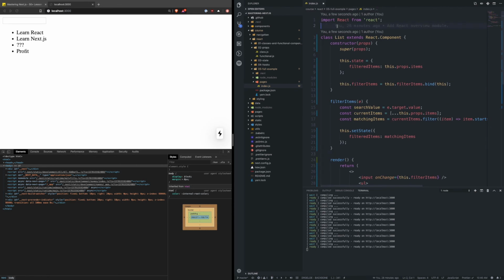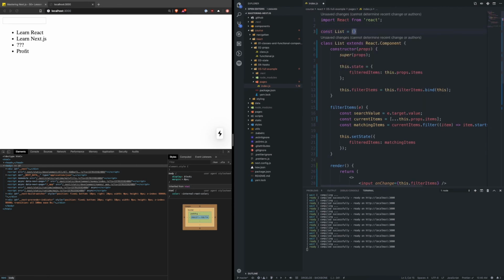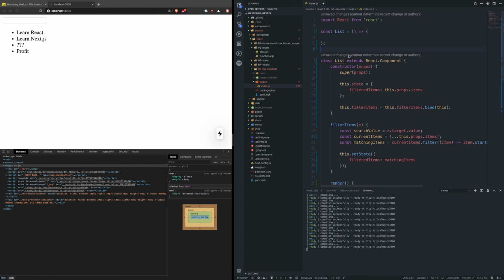First things first, we're going to make the list, and instead of doing this.props like we showed before, we can pull items out of the props and destructure it. Now, we don't need to worry about a constructor, but we want to have access to state. So let's do filtered items and then set filtered items. And here's where we're going to do